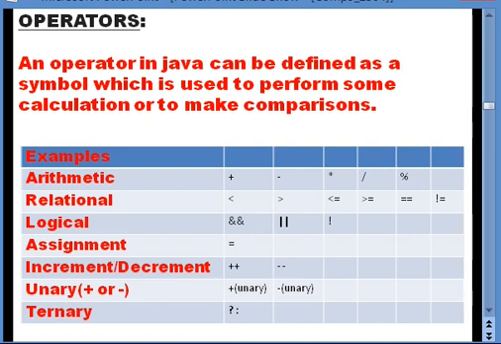Then we have unary operator. Unary operator is an operator which uses one operand. Operand is actually the value or the variable on which we operate. Like if I write a plus b, then plus is the operator and a and b are the operands. In the case of unary operator, there is only one operand. That is, we are going to write a plus. So only one value that we are using, only one variable we are using with the operator. So we have a unary plus or a unary minus.